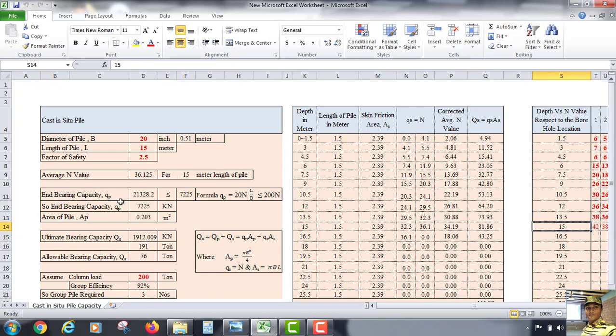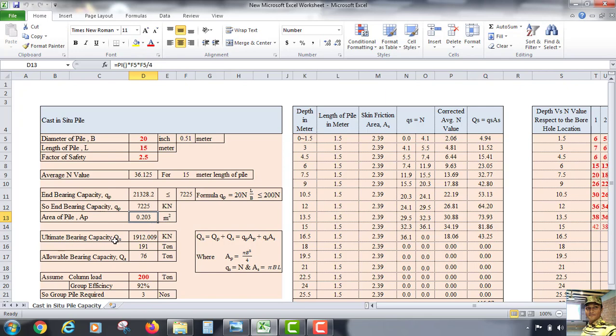Now see, the end bearing capacity Qp, the formula is 20 N L by B less than or equal to 100 N. So we input the values, and the end bearing capacity Qpu is the lower of the two values, here in kilonewton, and the area of the pile is 0.203 square meter.